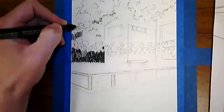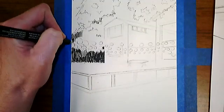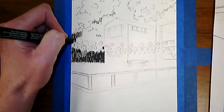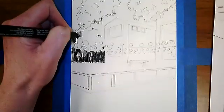So, and I have a couple of kids. I got an 8-year-old and a 5-year-old, and when I'm coloring with them, I have taught, well, my 8-year-old has picked up a lot of my techniques, but